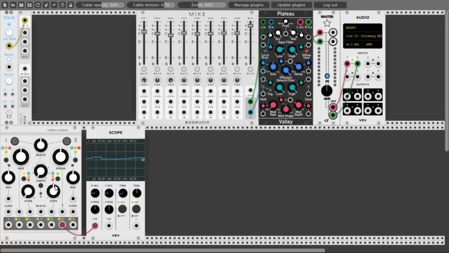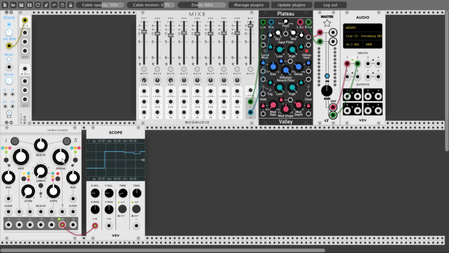With the spread knob, let's change it again to the red mode, negative 5 to positive 5 volts. With the spread knob, we can change the distance the signal jumps with each sample. To the left, we can decrease this signal, and to the right, of course, we can increase it, until we turn it all the way to the right, and then we get just the minimum and maximum voltages, so we actually get random gates with random lengths.